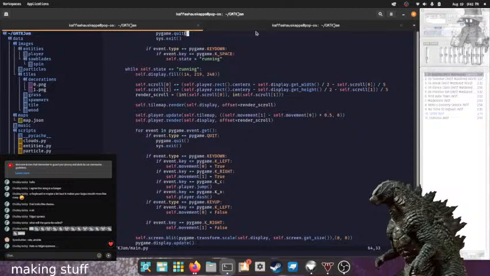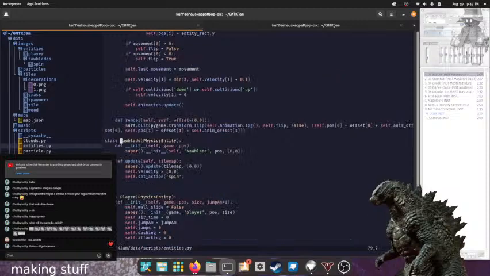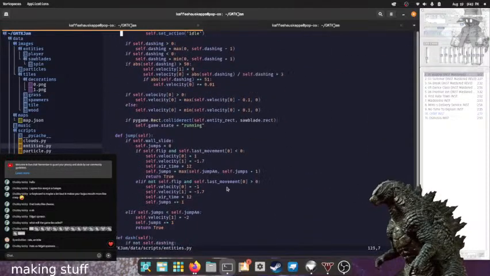Okay, so I had another idea. Instead of using collisions in here, because they're all funky.